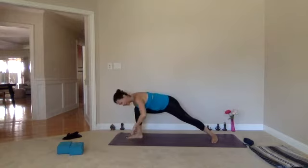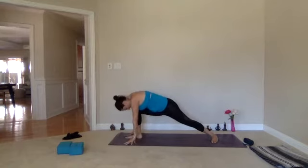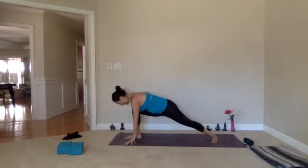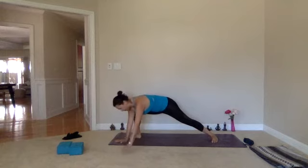And again, I'm going to let that right sitting bone drop. So it's a little different, opening here in the legs. But I'm going to again let that sitting bone be heavy. So it's almost a little mix of a squat again and a warrior two. So I'm letting that right sitting bone drop, stay there, press into the back foot,